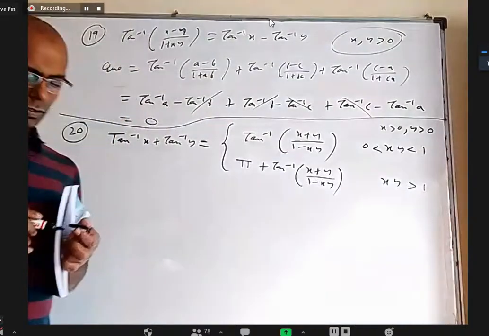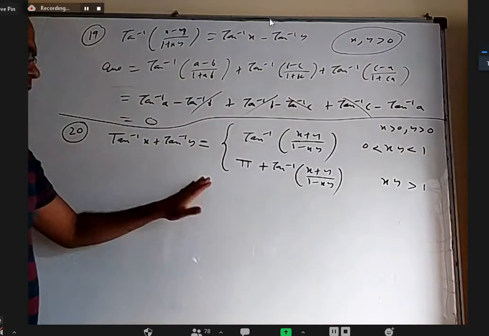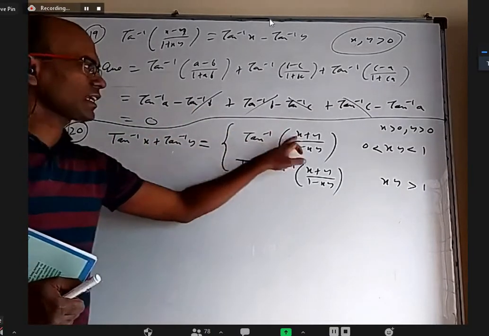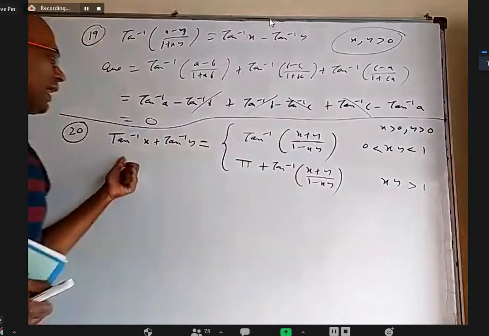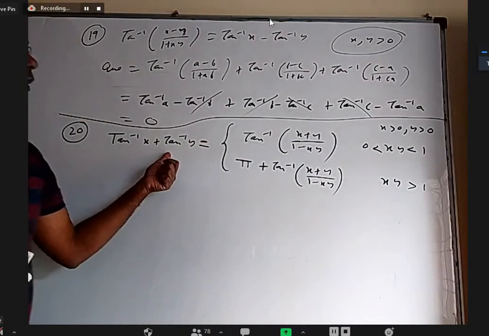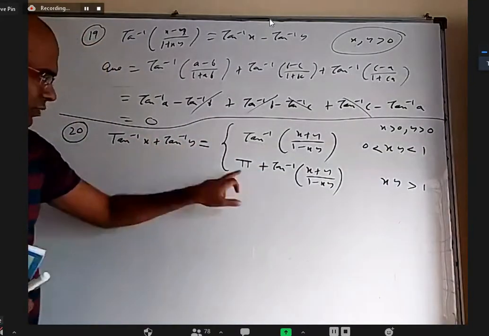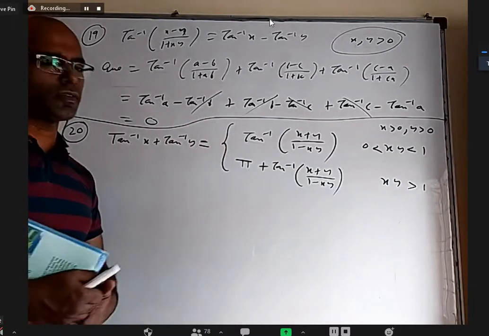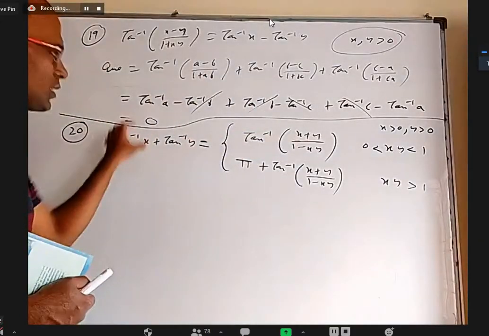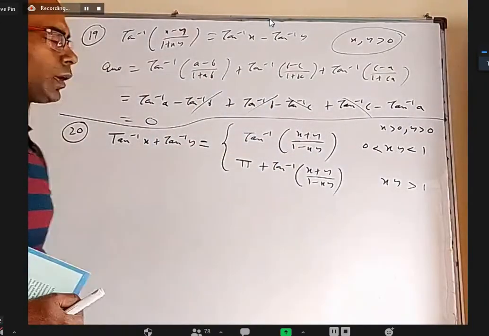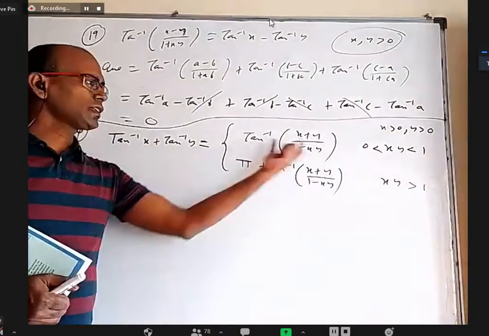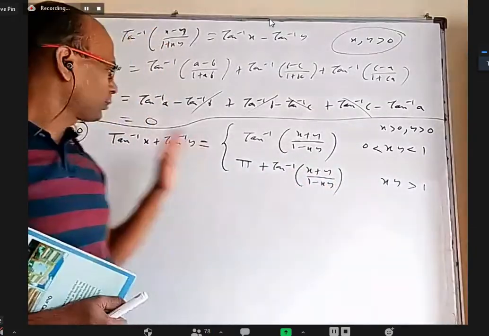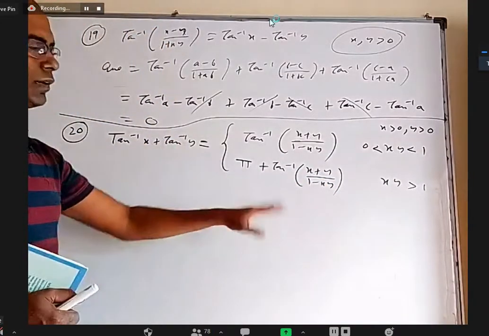Okay. Earlier, when I stated this formula, I stated it from here to here. That is, tan inverse of (x plus y) by (1 minus xy) is tan inverse x plus tan inverse y, or tan inverse x plus tan inverse y minus pi. That minus pi was here, but I brought the minus pi to reframe the formula. Earlier, this expression was here and this was here. I reversed it. When xy is less than 1, this is positive and everything is fine. When xy is more than 1, this is going to be negative, but this is positive, so they can't be equal. So we have another version of that.